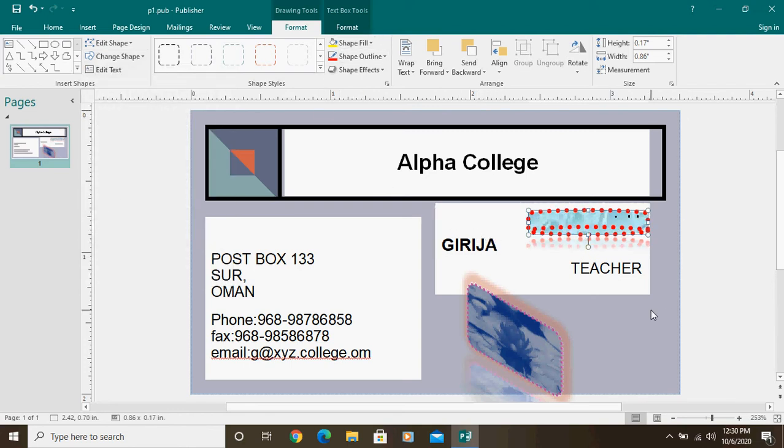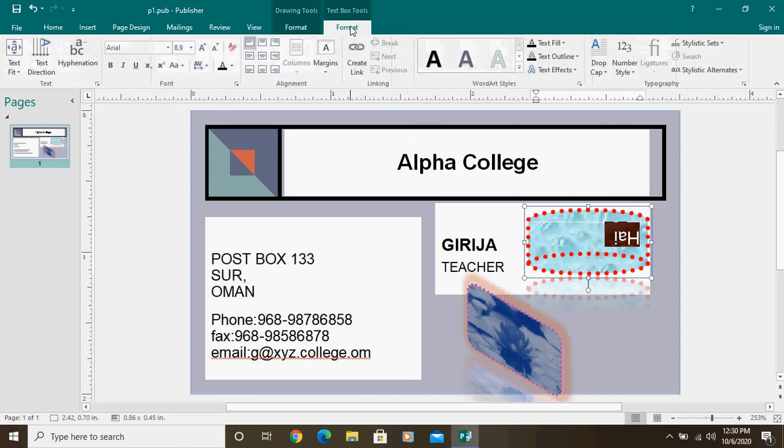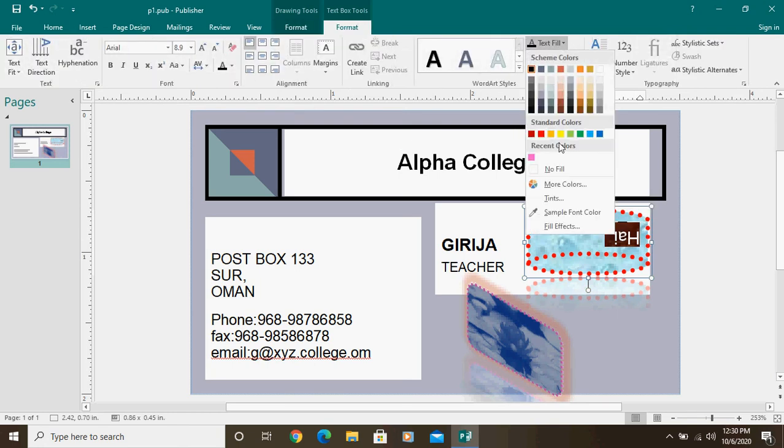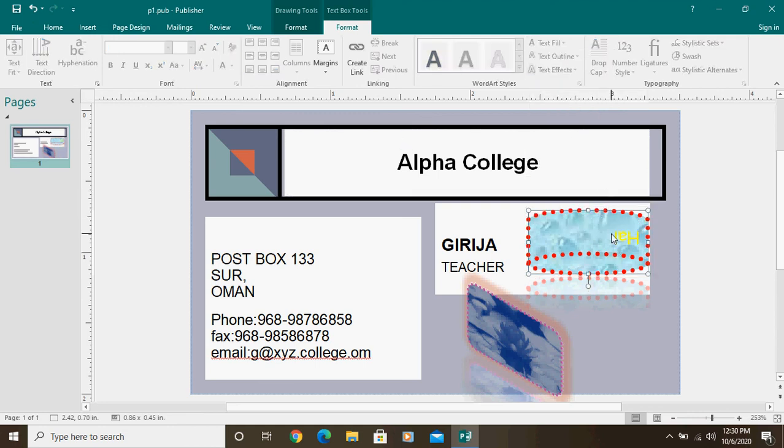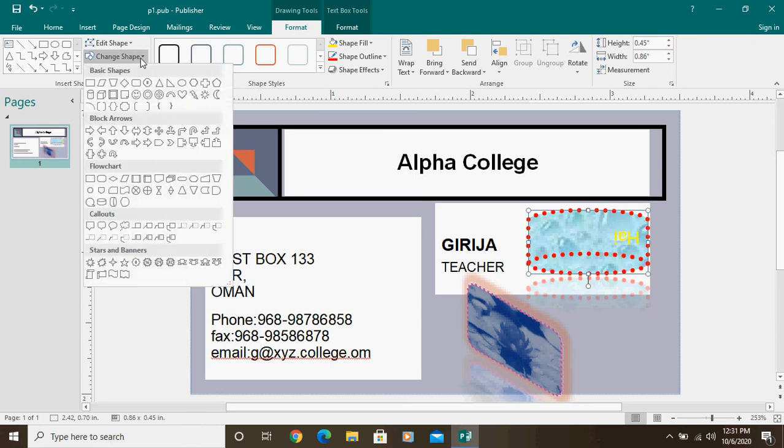So here what we learned in this tutorial is the shape inside and out: how I can change the shape, and how we can do shape fill and shape outline. Suppose I am selecting the text inside the shape. I can go to this format. I can put text fill, maybe you can see yellow fill like this. So for this text alone I can go to text fill or text style. If you want to make any changes in the shape, you can go to Format, Shape Styles, Shape Fill, Shape Outline, Shape Effect. If you want to change the shape, you can go and do what? Change Shape.